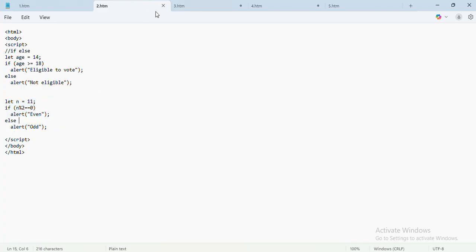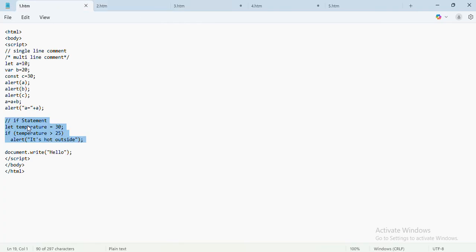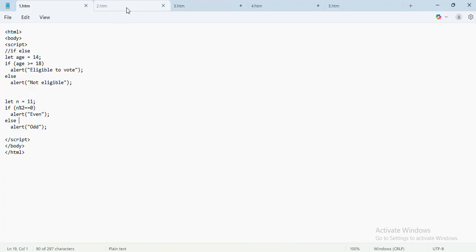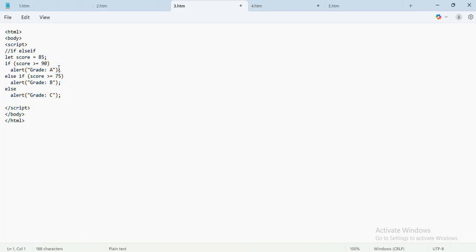Okay. Now just check the third type of conditional statement. First we have started with if. If the condition is true, then there will be output. Second, we started with if else. So when the condition is true, there will be some output. Else, there will be some output. Third is an if else if statement. Whenever you have to check a number of conditions, you can use if else if.